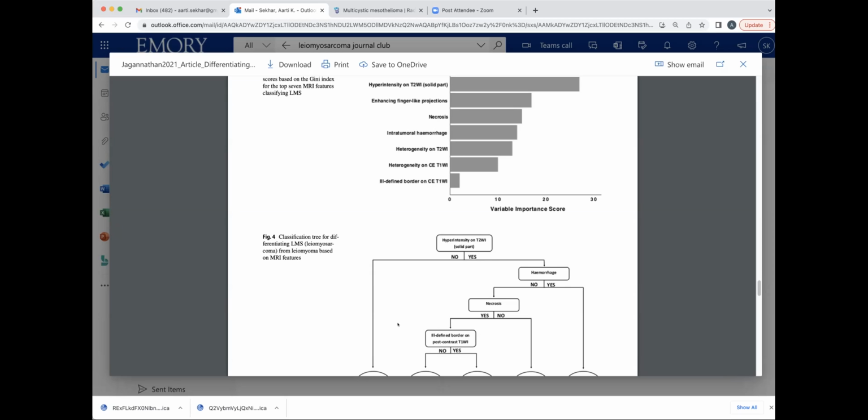But again, I also saw a couple of papers which talk about multiparametric analysis, finding the difference between the signal intensity of the leiomyoma compared to the uterine myometrium, and then getting some weird ratios. But I think overall, since leiomyoma are so common, and given this big size, the degeneration is so much more common. So I think the best bet would still be degenerated leiomyoma, but also we know that there was such